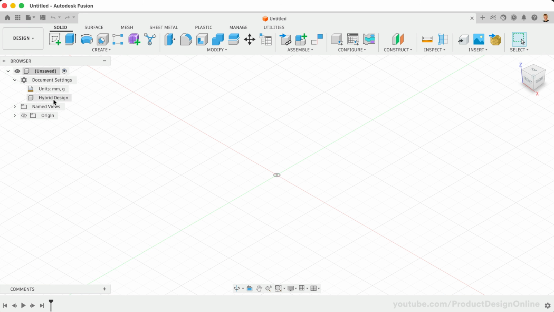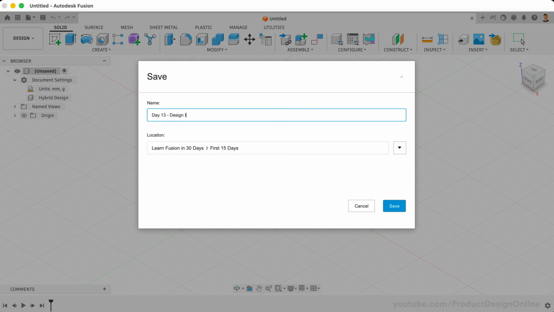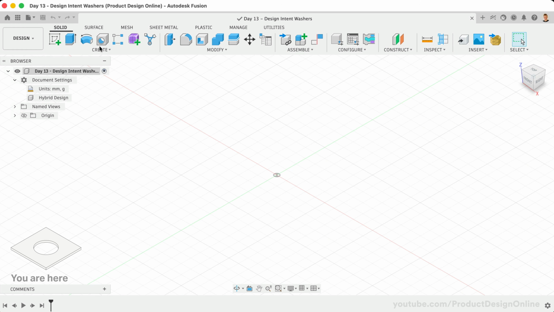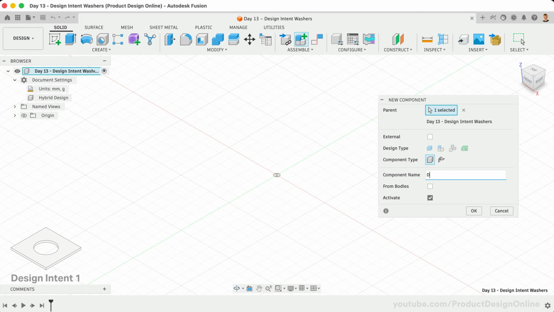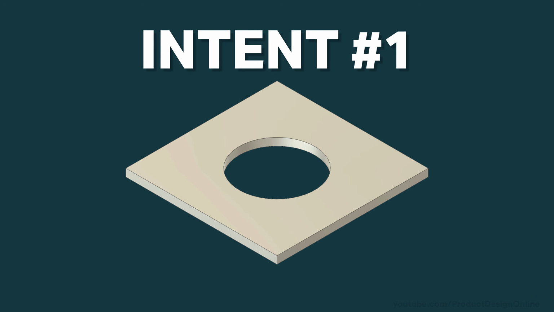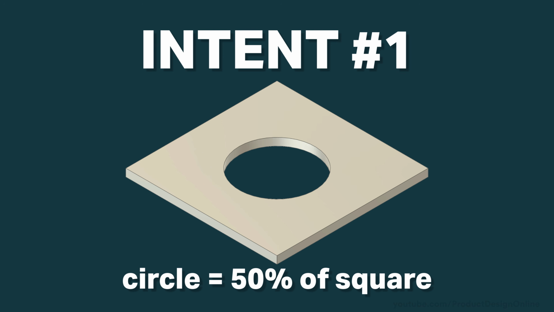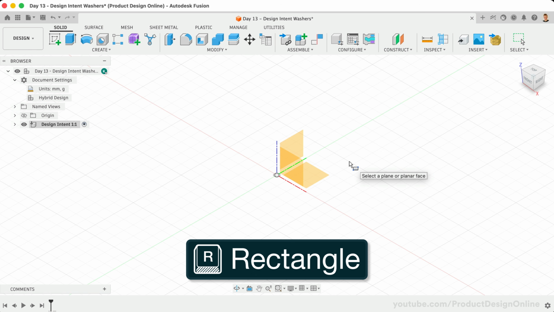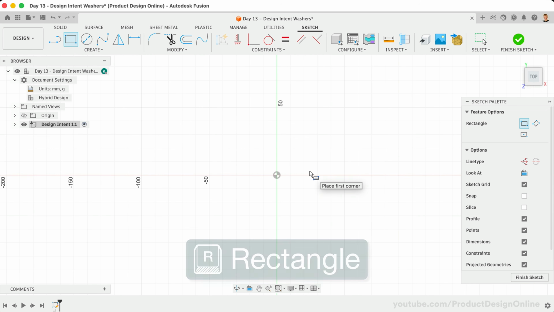Make sure you're in a hybrid design file and save your design. Let's create a new component for the first washer and name it Design Intent Number 1 before you click OK. The design intent of this first example requires the circle to always remain 50% of the size of the outer square. Press R for rectangle and start the sketch on the bottom XY origin plane, as if it were lying